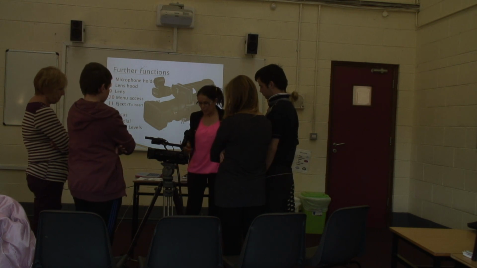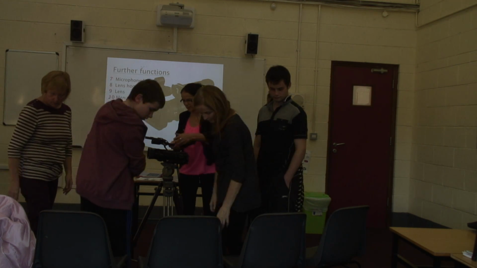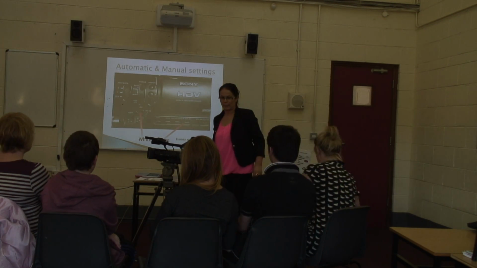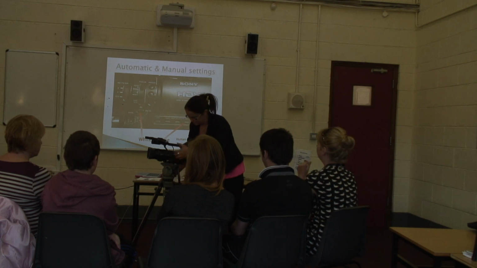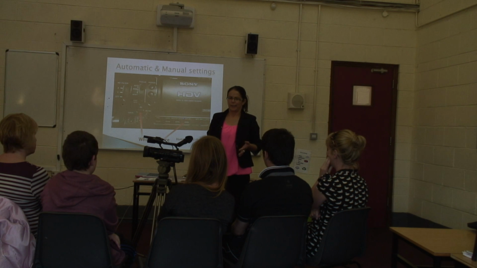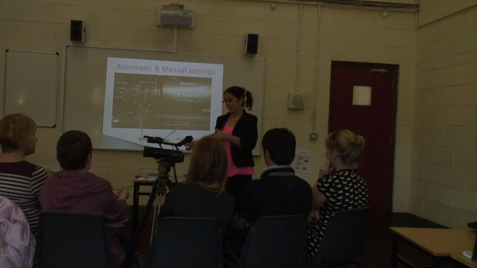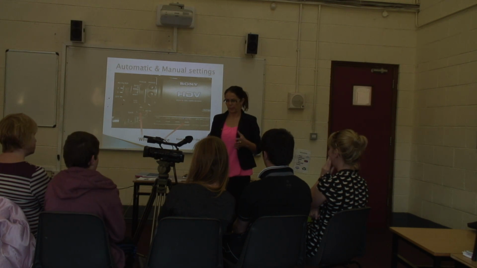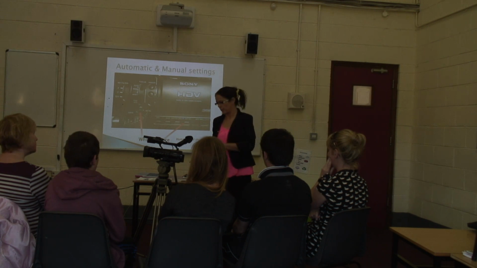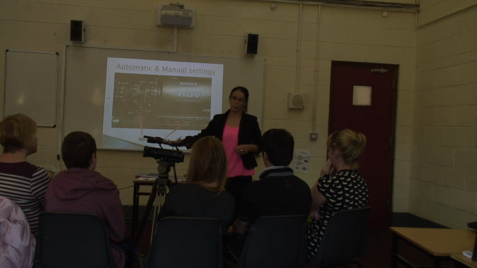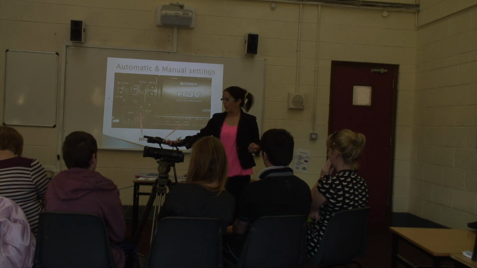But so if you'd like to take a seat there again, and we will move on to the automatic and manual settings. So, like your mobile phones, you have an automatic and a manual setting. Now, the automatic basically is the camera doing the work, and manual is you taking over the camera and controlling it. Your phones, you don't have that option, but in the cameras, you do. Professionals usually use the manuals more because you're in control of the camera.